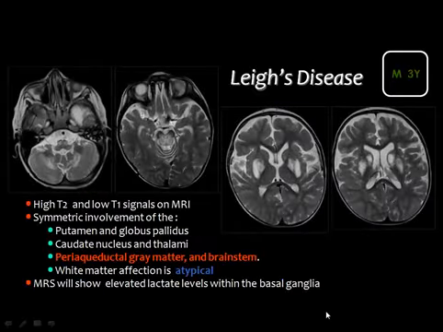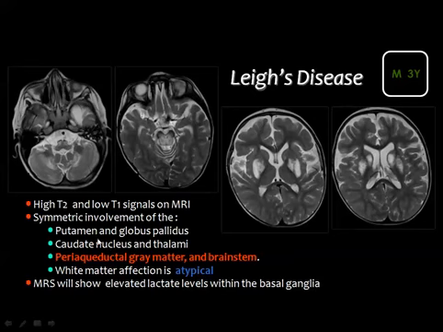The lesions of Leigh's disease will appear as low signal in T1, high signal in T2 and FLAIR. In the CT scan, they will show hypodensity, and the sites are very characteristic for the diagnosis of Leigh's disease. They involve